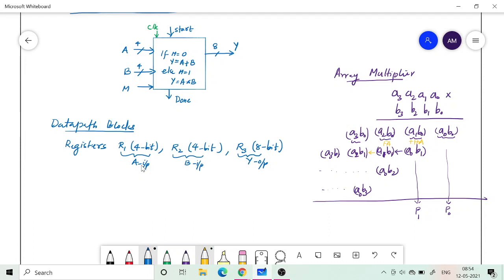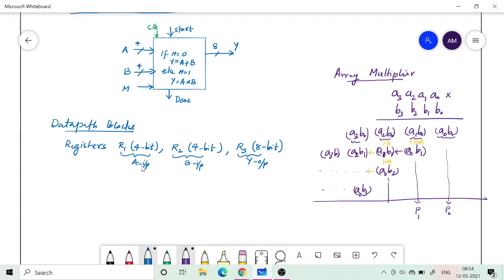position, and after adding these 3 bits, whatever result you get, to that you need to add the A0 B2 bit, so that may also generate a carry. So here you need a full adder and here you need a half adder, because there are only 2 bits to be added. Here there are 3 bits to be added, so wherever 3 bits are required to be added, you use a full adder and half adder. So in this way you can build, and this circuit I have already taught you.